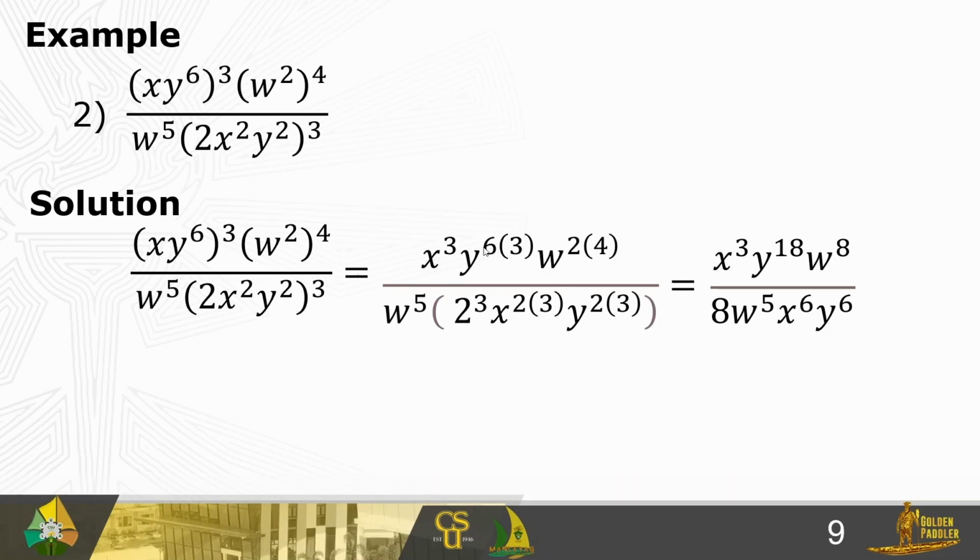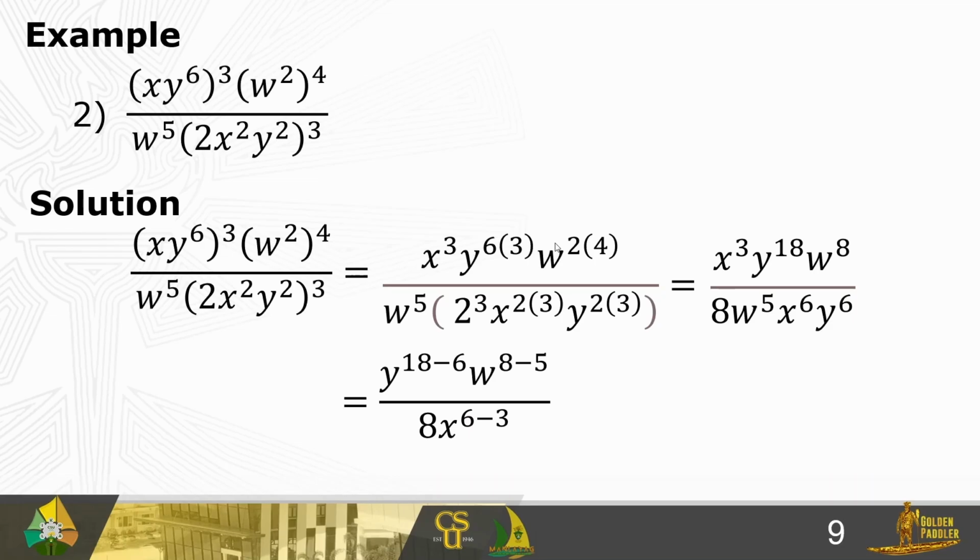And since the bases x cubed and x to the power of 6 are the same, then we can apply the rule by subtracting their exponents. So we have y to the power of 18 minus 6. Since the exponent of y in the numerator is greater than the exponent of y in the denominator, we are going to subtract their exponents in the numerator. So we have y to the power of 18 minus 6.